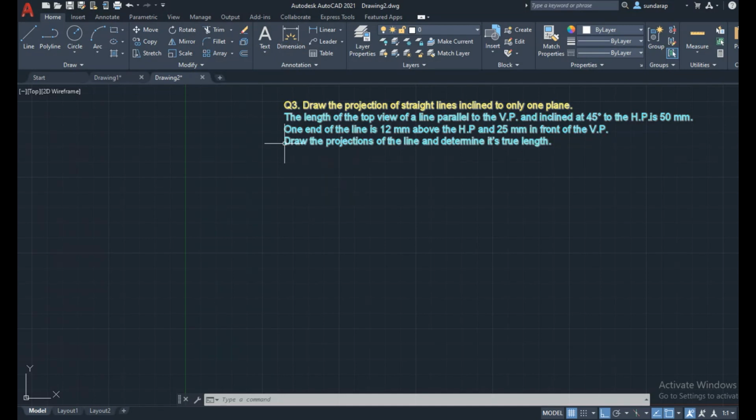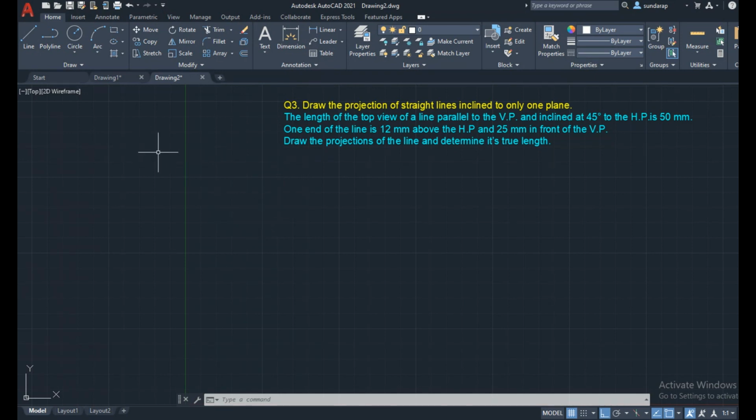Draw the projection of a straight line inclined to only one plane. The length of the top view of the line, parallel to the vertical plane and inclined at 45 degrees to the horizontal plane, is 50 mm. So the top view length is 50 mm. One end of the line is 12 mm above the horizontal plane and 25 mm in front of the vertical plane. Draw the projection of the line and determine its true length.